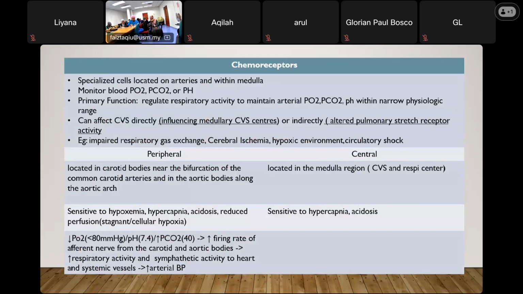So what does it actually detect? Chemical changes. You said already earlier, changes in what? There are three triggers: hypoxia, hypercapnia, and acidosis. Among these three, the peripheral chemoreceptor is especially sensitive to which one? Hypoxia. You must state it. All right.